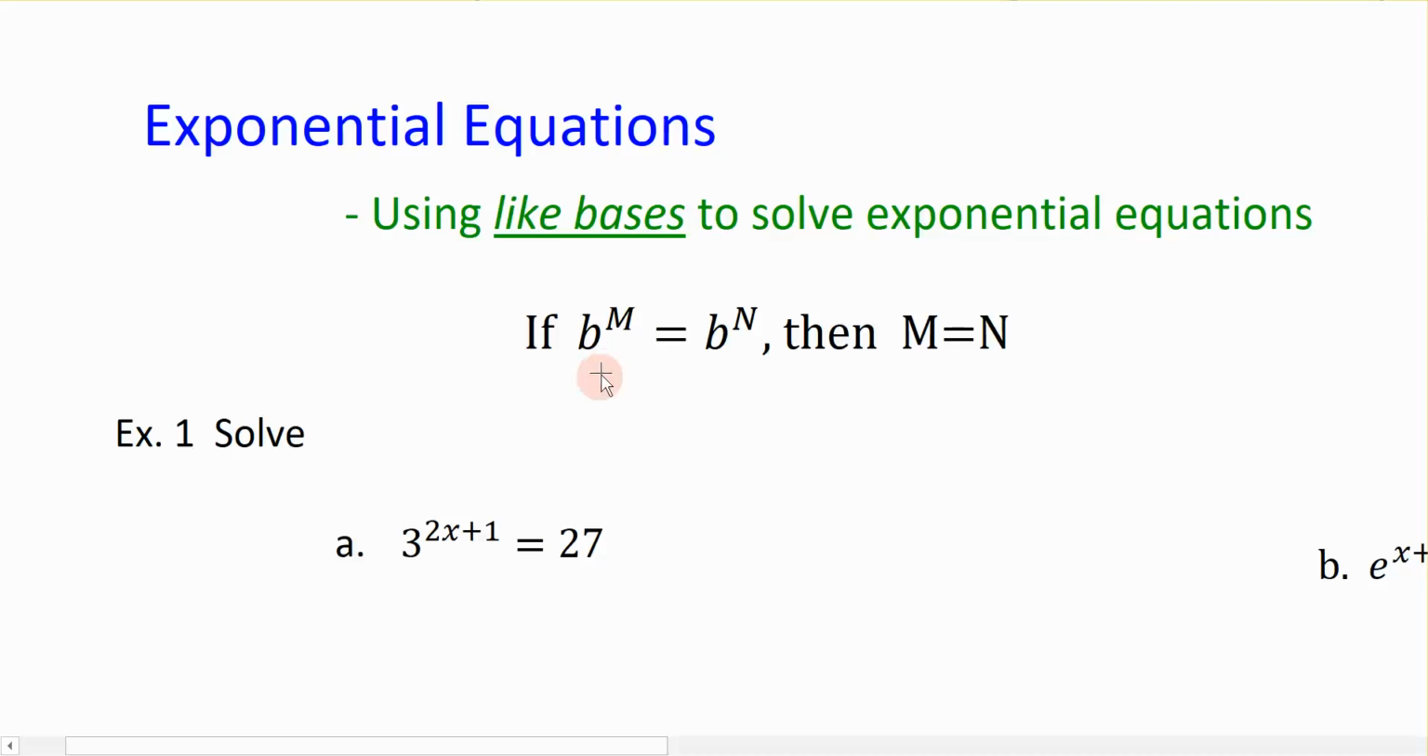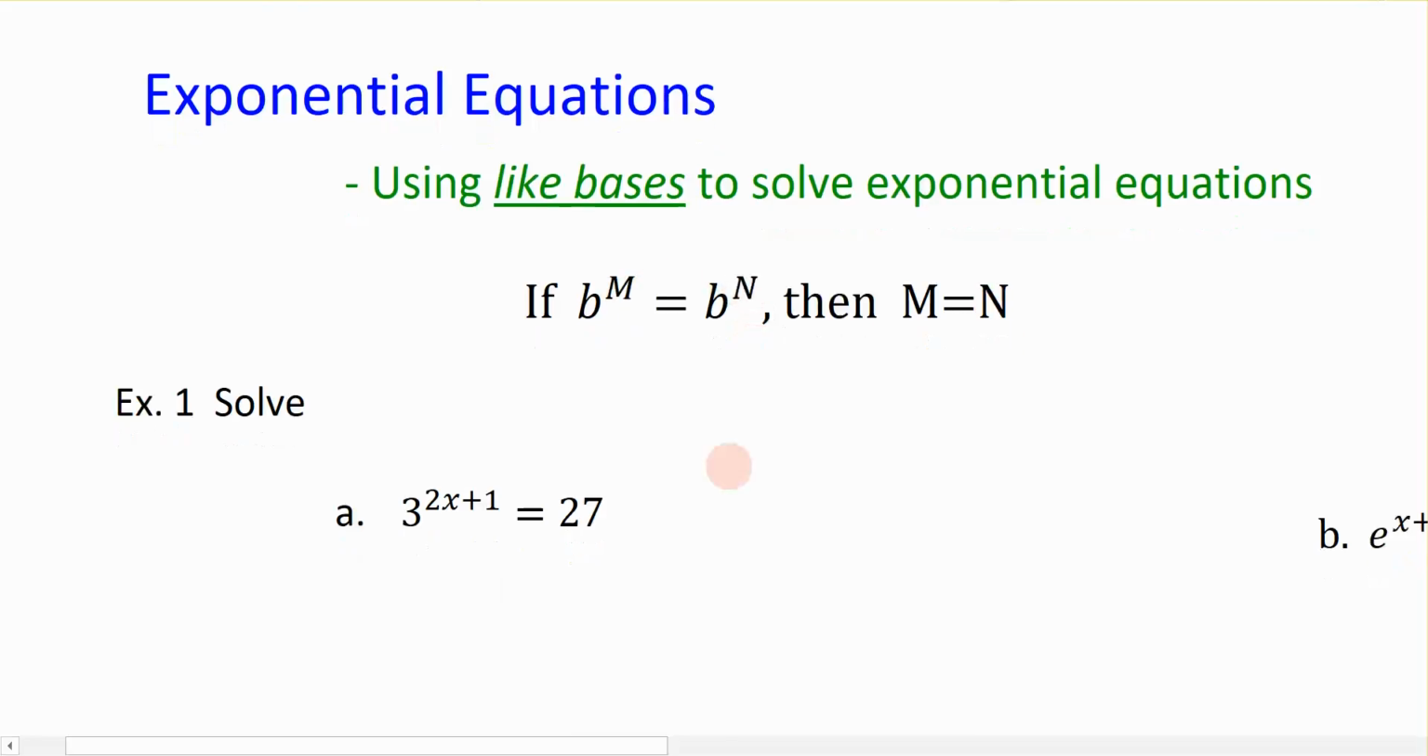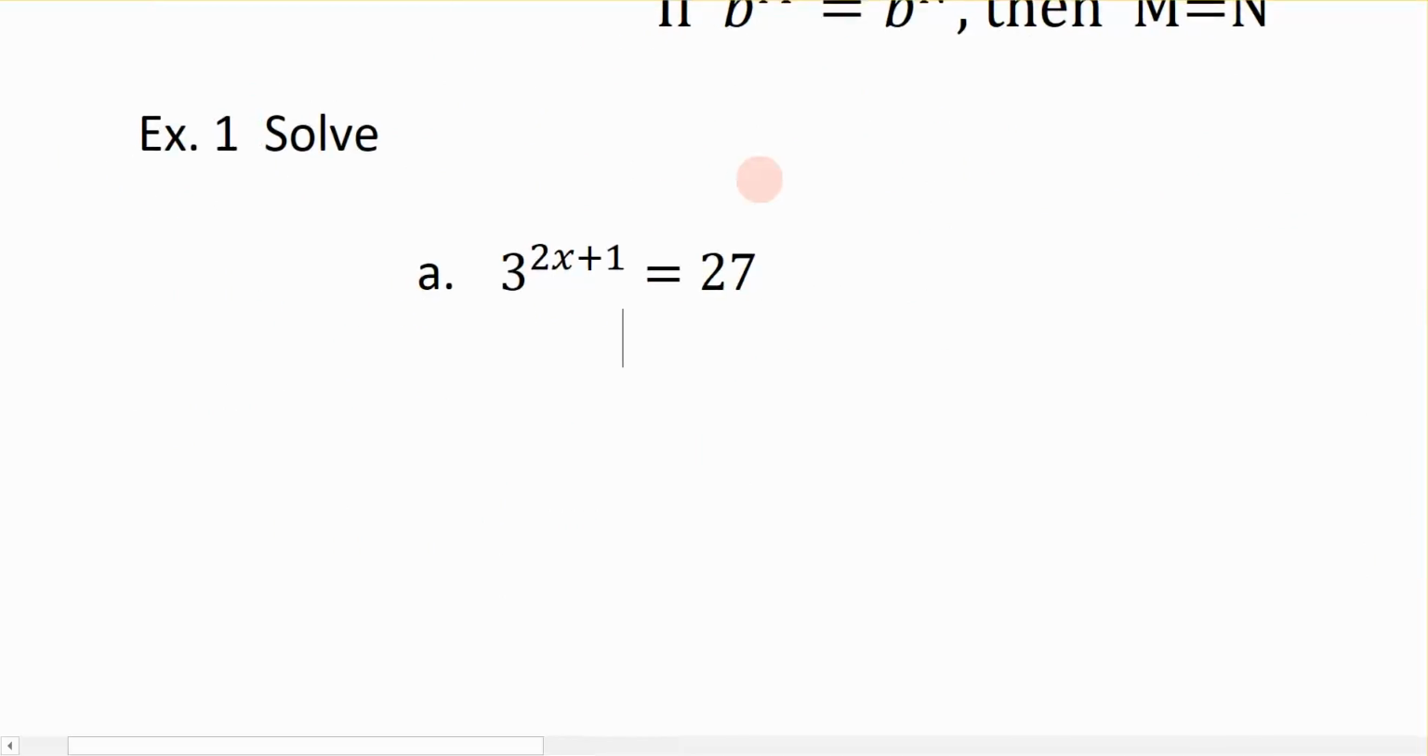It's a one-to-one property that basically says that if I have a base of some exponential function equal to that same base of a different exponential function, then we can just simply set their exponents equal to each other, which is a convenient use for us to be able to solve an equation when our variable is up in the exponential position. So the first one we're going to look at here says 3 to the 2x plus 1 is